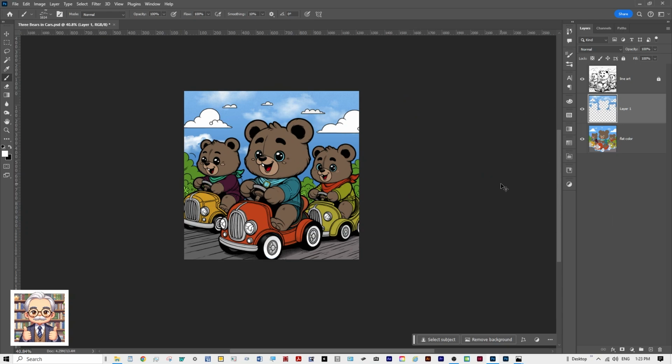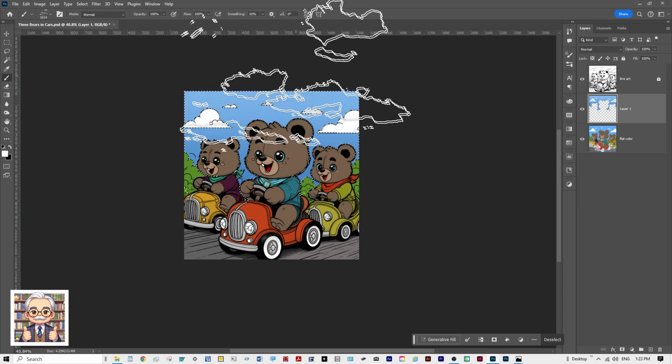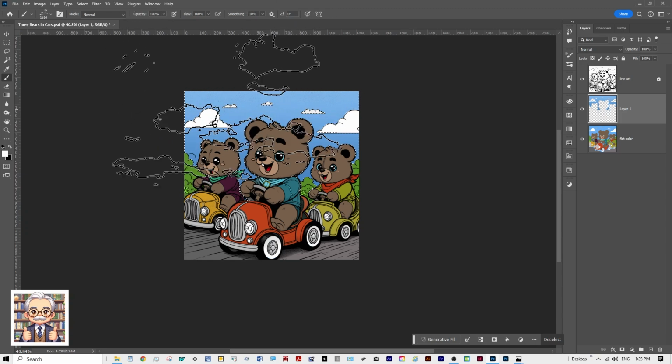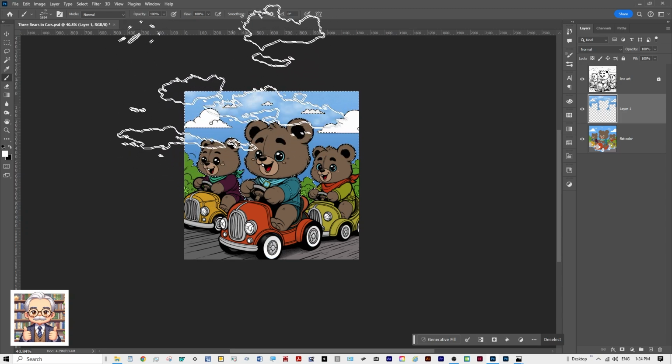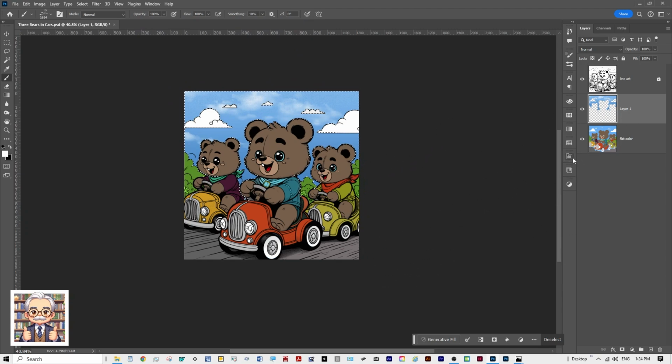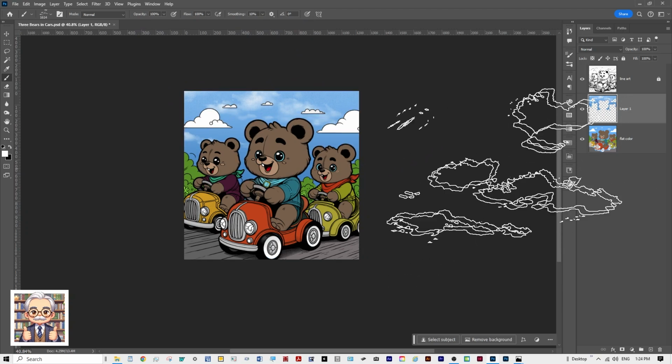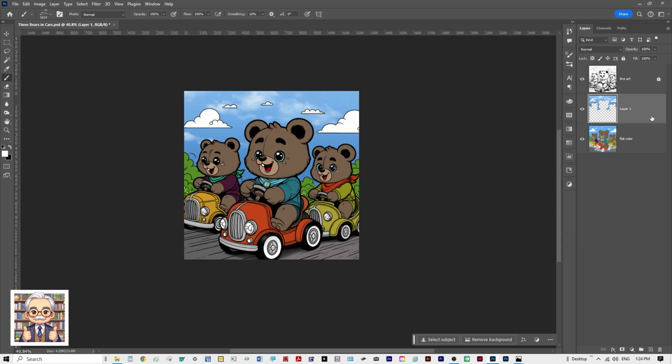You know what, I'm going to undo that because I really don't like how that cloud ended up looking. I'm going to try to use a different part of this. That's a little better. So now I'm going to deselect by holding Control D on this layer,